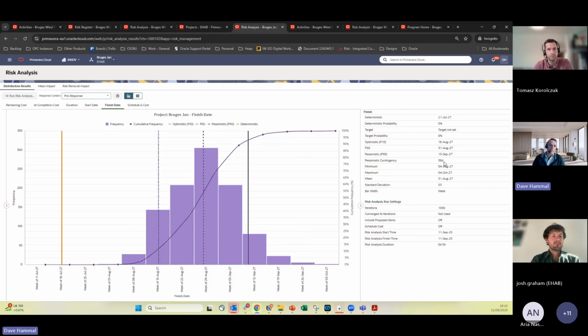So this is exactly the same project as you've seen. It's exactly the same schedule. It's exactly the same risks in the risk register. It's just starting at a different time of year. And you can do some very quick analysis to see how much of a difference it would make delaying or bringing forward the start of a project, based on the impact of weather.